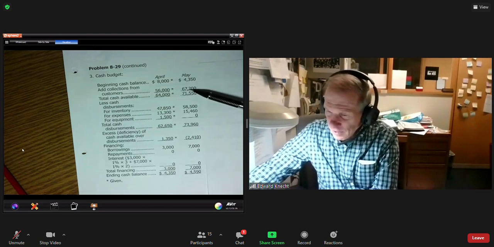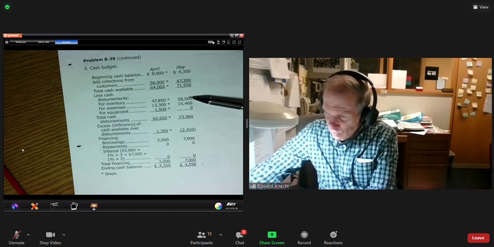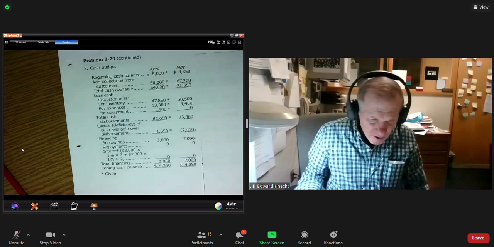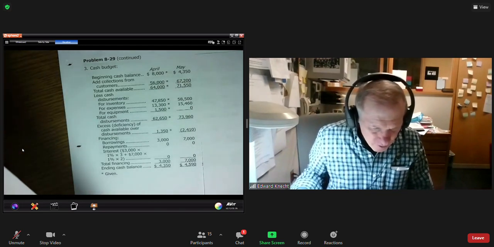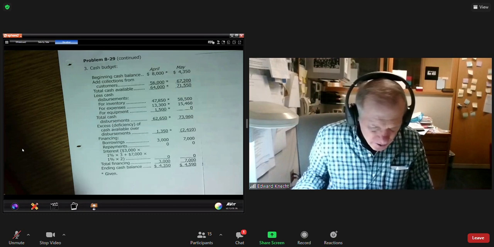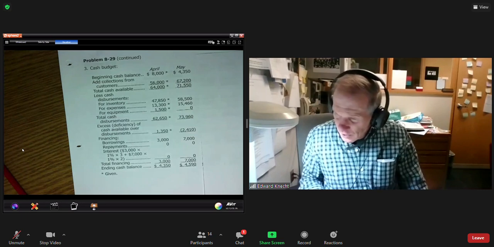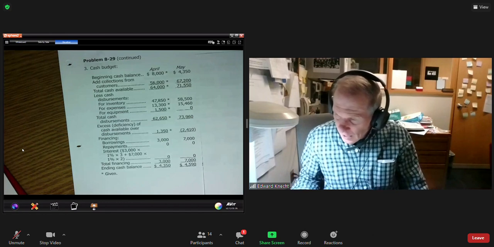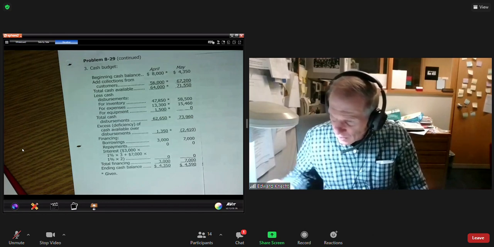So the ending cash balance becomes the beginning cash of the next month, May. And we had our expected cash collected for May. We add it to get our total cash available. For inventory, we have 58,500 disbursements. We see that from our budget. Monthly expenses, they show salaries per month, advertising, shipping, 5%, etc. So those expenses, and it's not including depreciation. So we get that calculated, and then we get our total disbursements of